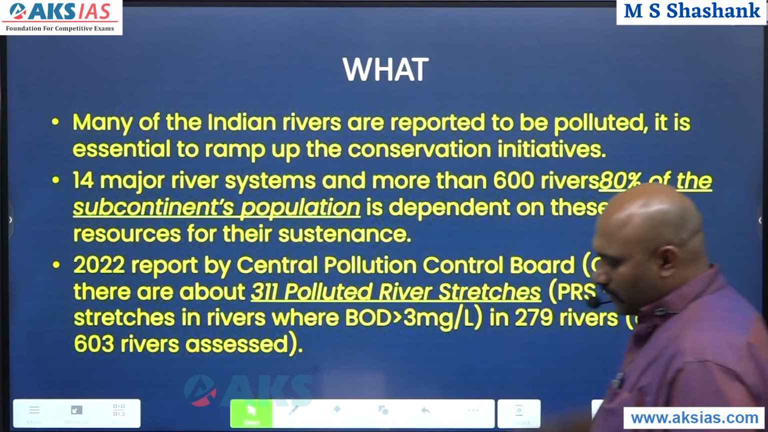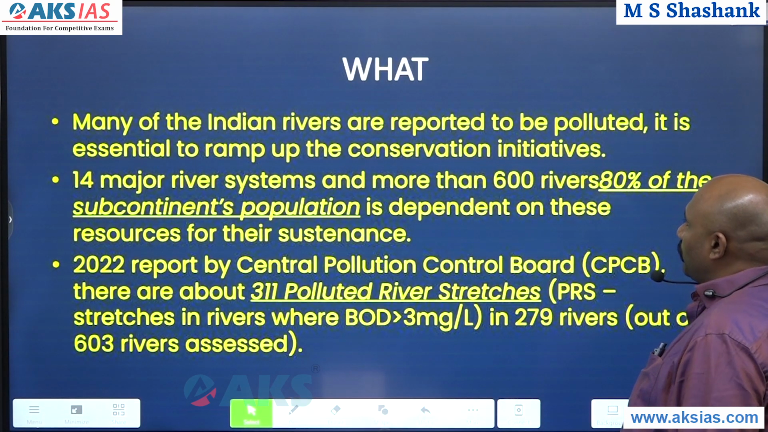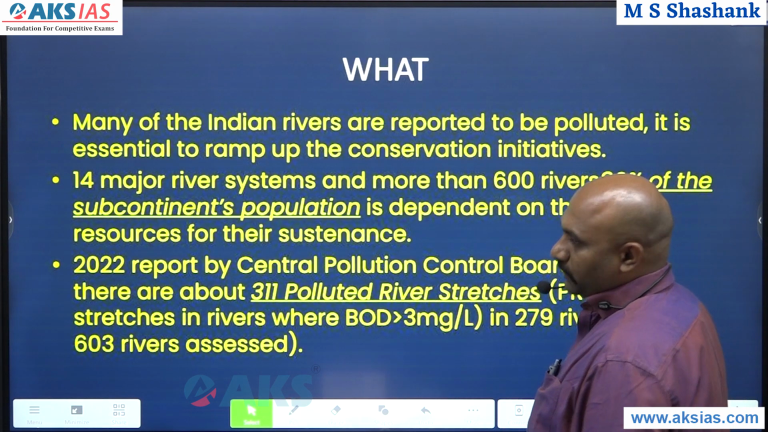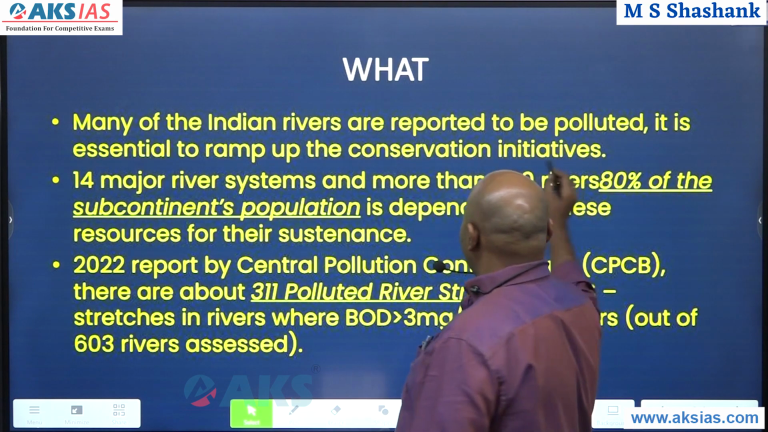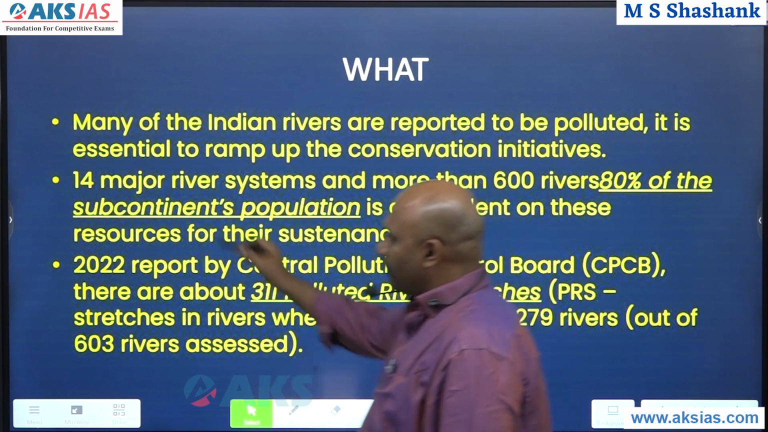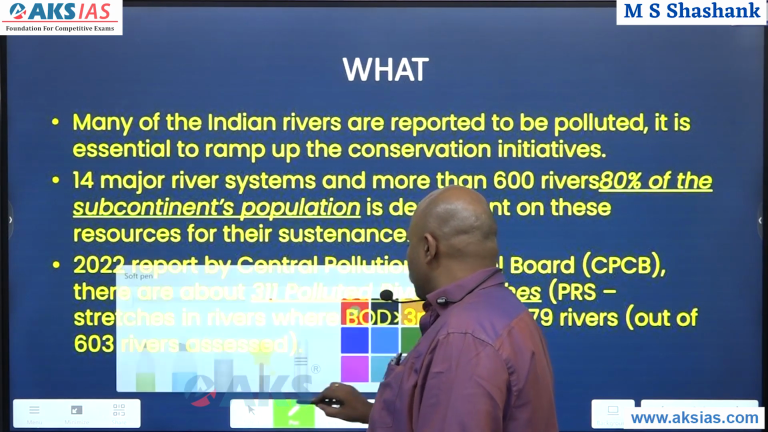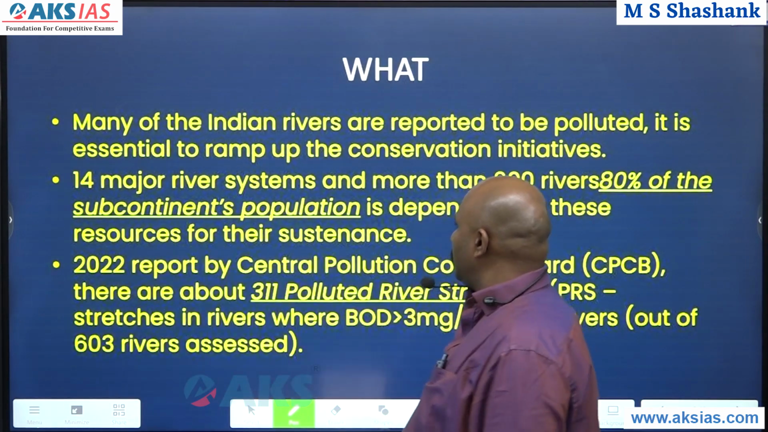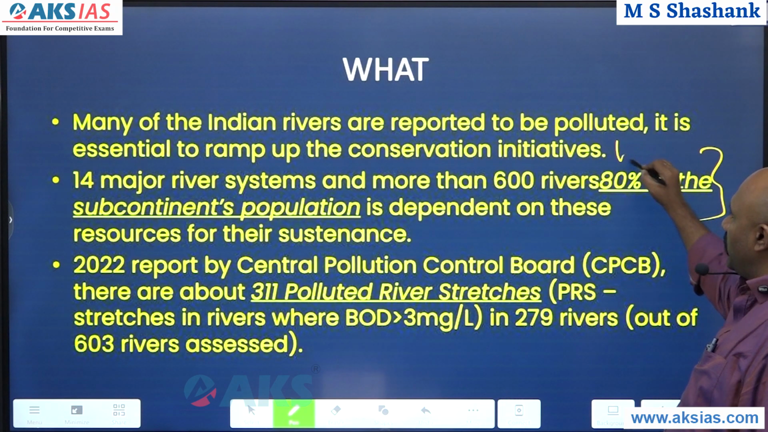First, the data part. What is it all about? What is the news about? So Indian rivers reported to be polluted. So there is a very much essential need to ramp up the conservation initiatives. So please remember there are 14 major river systems which are important. This is with respect to world data,